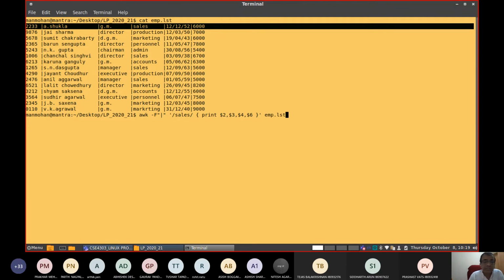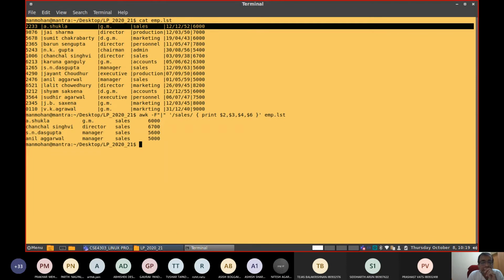emp.lst. Now look into the way these contents are displayed. Name, that's $2, $3, their designations. Sorry, date of birth is not printed here, but instead name, designation, department and salary.